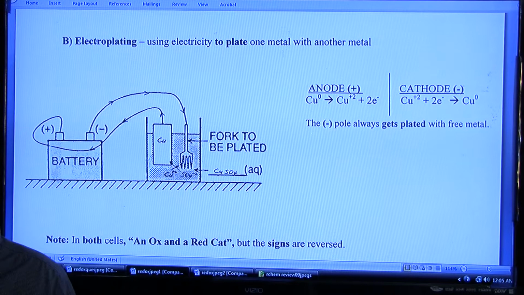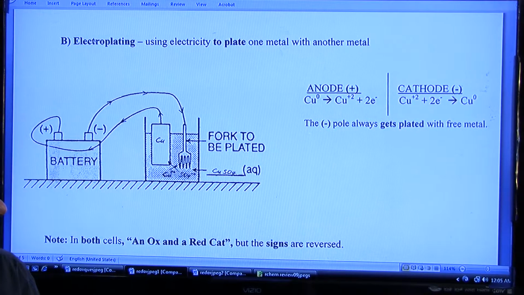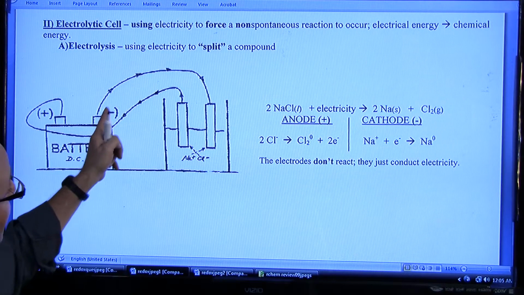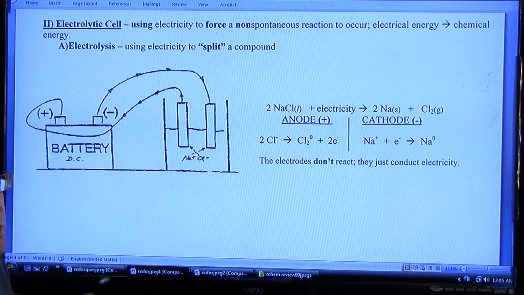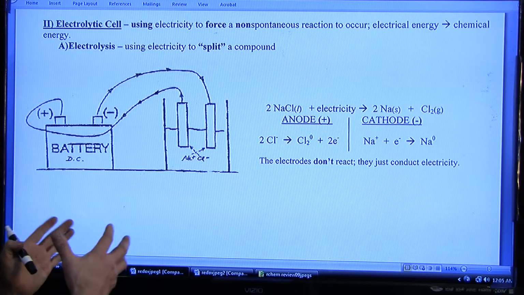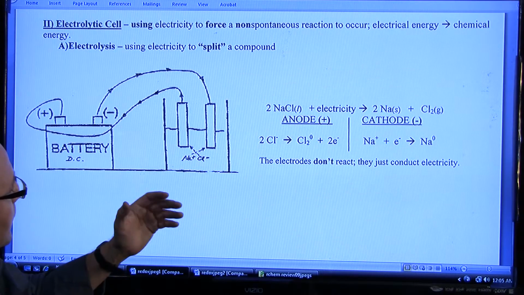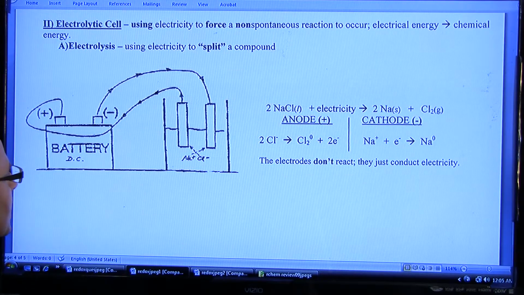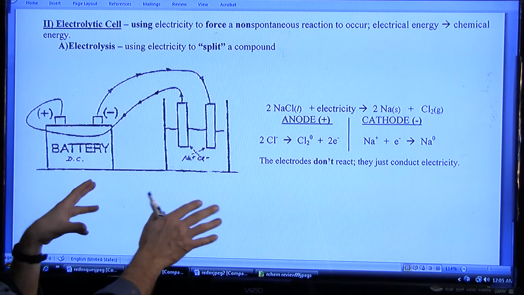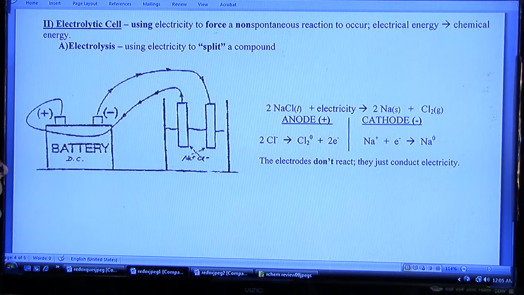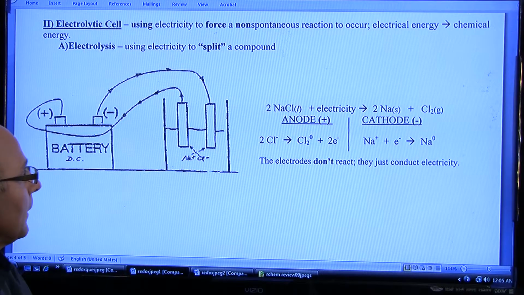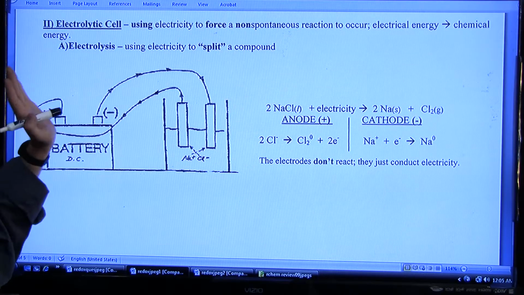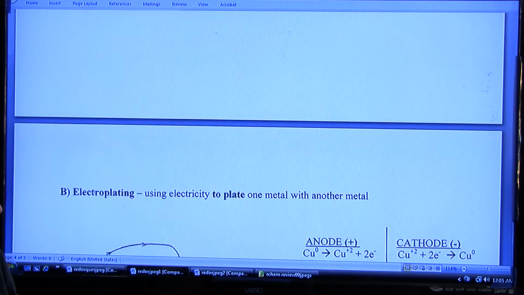and the negative pole in the previous cell for electrolysis, connected to the negative terminal, was this one, and it got plated with sodium, even though that really wasn't the purpose. Our intention was not to take this electrode, plate it with sodium, and use it for something. No, we would just scrape off the sodium, which is now free metal, and then use that for some experiment. So the negative pole in the electrolytic cell, whether it be electrolysis or electroplating,